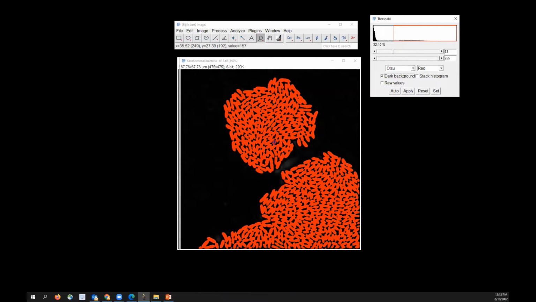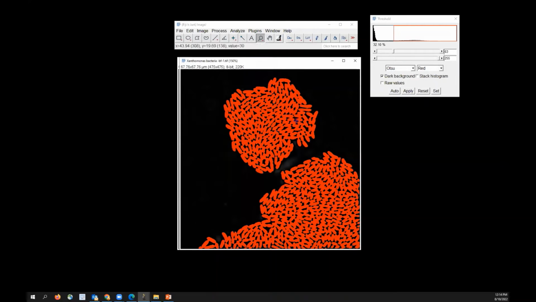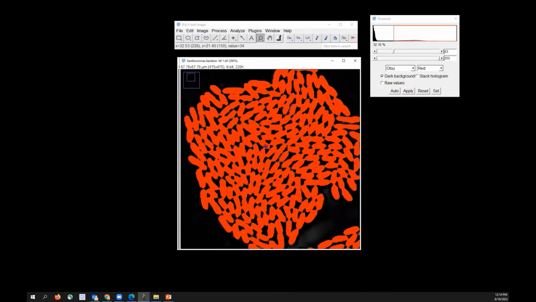Now if you find that your threshold is good enough for you to be able to, let's say, count the bacteria that's present in your image, then go ahead and click on Analyze Particles. But if you need to make some morphological operations, such as separating out these thresholded values here, then